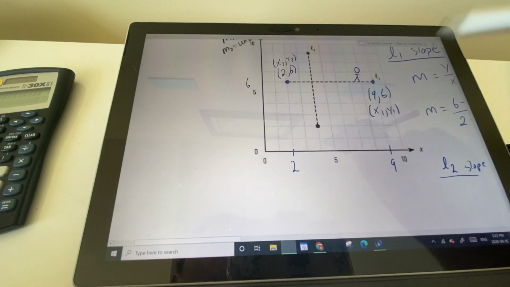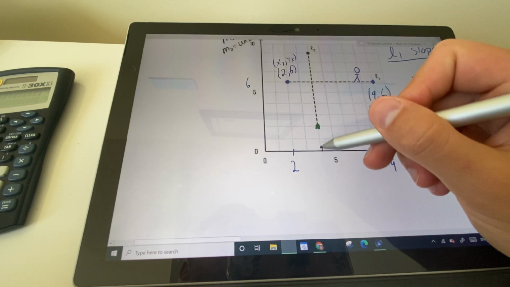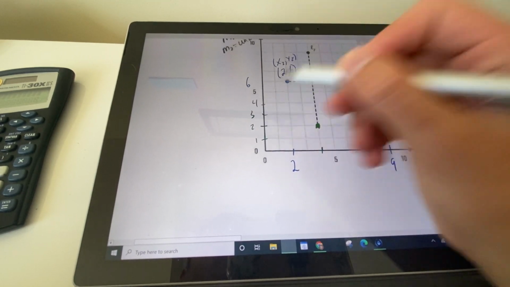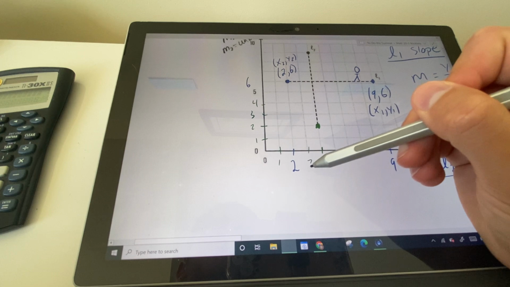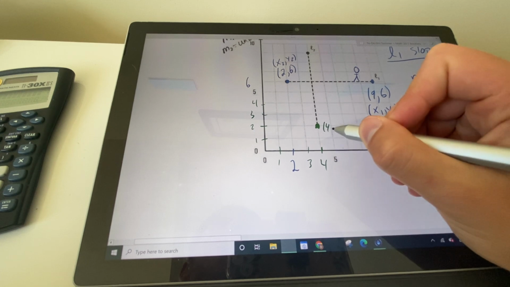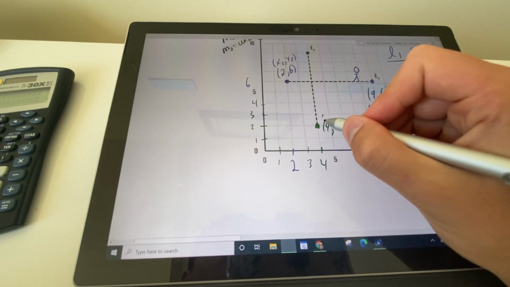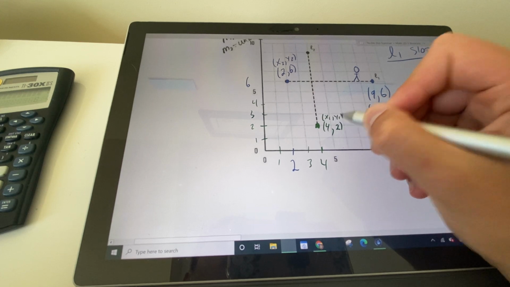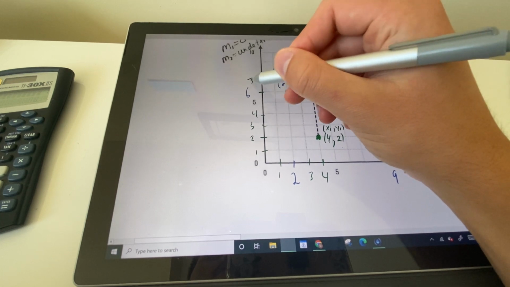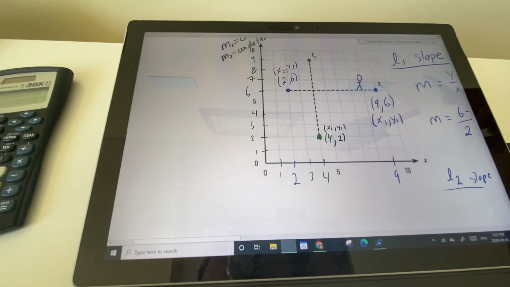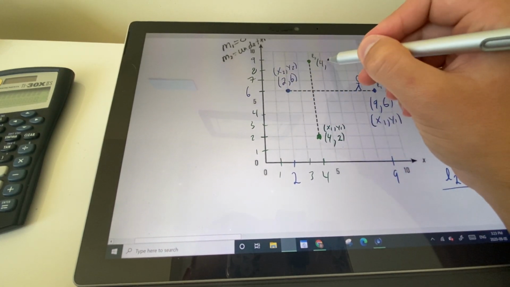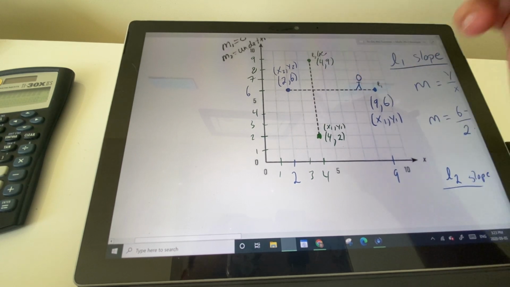There we go. So what is this coordinate point? Well, that is 4 and 2, right? There's 1, 2, 3, 4. So this coordinate value, remember x always goes first, 4 and 2. I'm going to represent this as x1 and y1. This top one here, well, this is 5, 6, 7, 8, 9. And this will also be at an x value of 4, but the y value is changed to 9. And this will be x2,